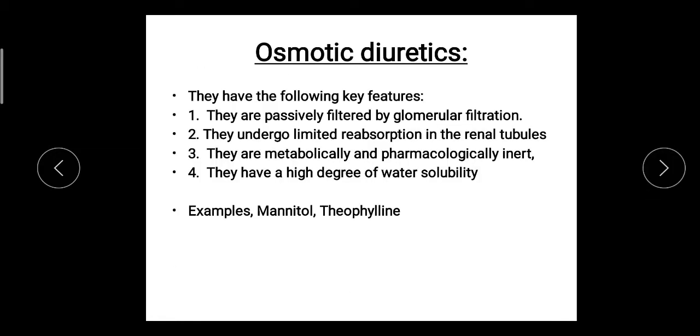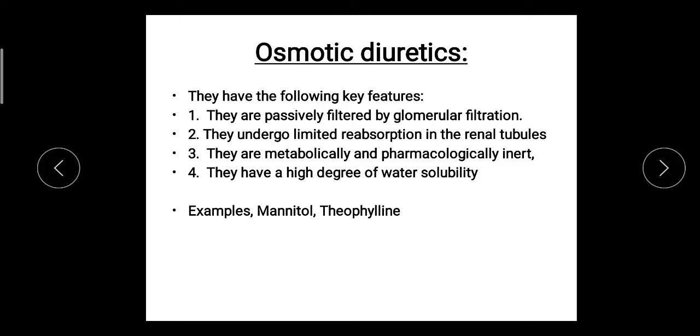Now the last class under the diuretics is the osmotic diuretics. The main feature of osmotic diuretics is that they are passively filtered by glomerular filtration. Along with the blood, they undergo filtration in the glomerulus. They undergo limited reabsorption in the renal tubules. After filtration through the glomerulus, it enters the nephron, meaning the tubules of the nephron,